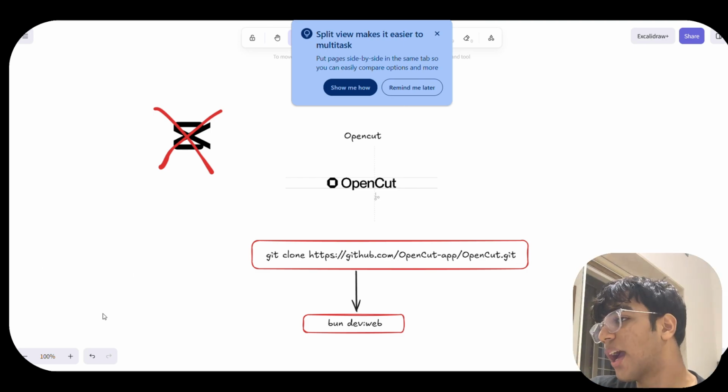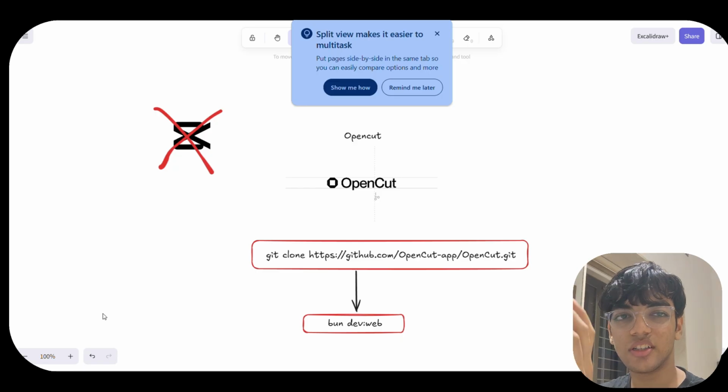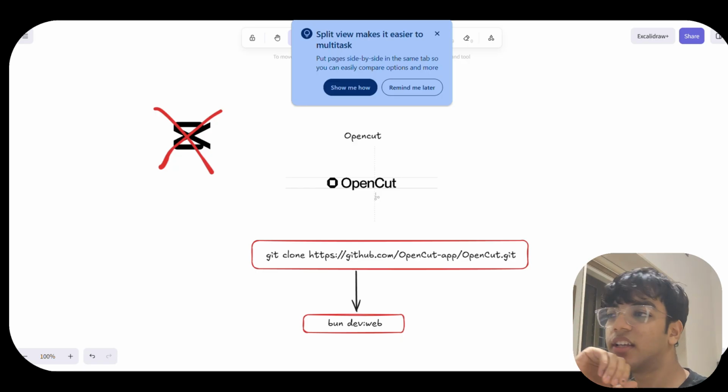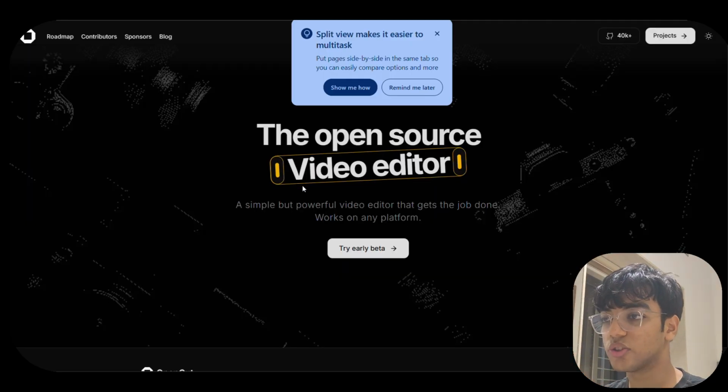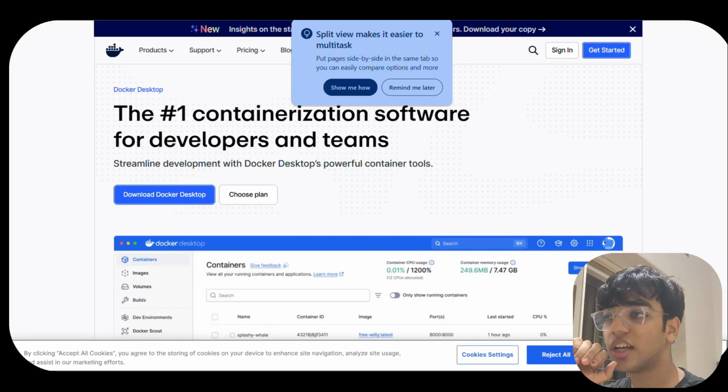So, guys, yeah. CapCut was a very good software. It still is a very good software, and I'm going to show you how I use it currently for free. It's a different, like cracked version, but I'll just show you along with it. And then OpenCut. As you can see, this is an open source video editor. It's currently in the beta version, and it has 40,000 GitHub stars. So that is it about it.